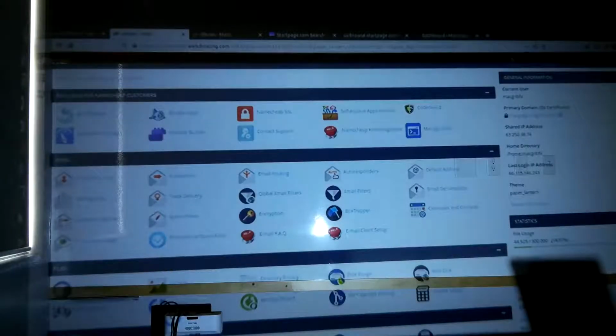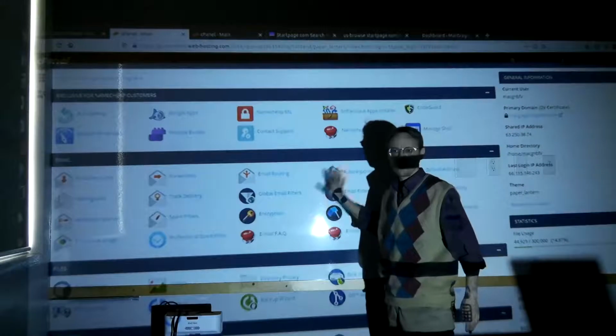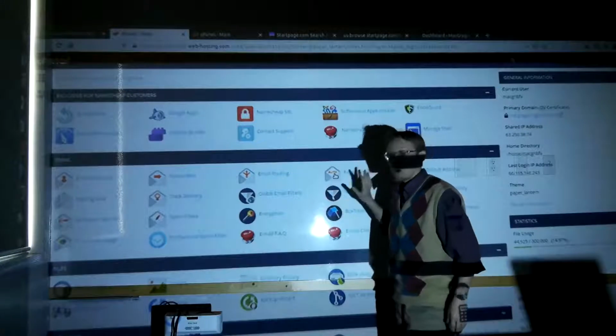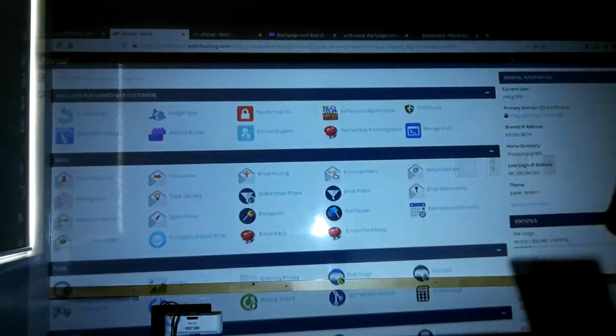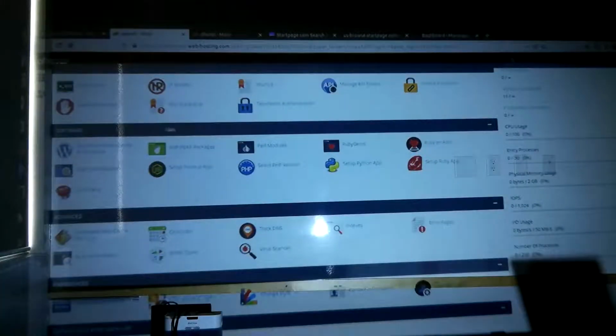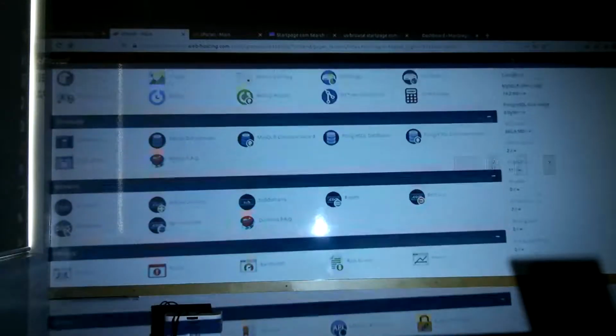Now this is what we were looking at before, and you can probably see it a bit better. This daunts a lot of people out of their own web hosting and management. There are lots and lots of things here that are very, very complex, and honestly, you don't need to worry about them. As you see, there are options and options that cPanel lets you configure. You can write in programming languages like Python and Ruby on Rails, which is a cool language. You can do all sorts of stuff. You can deal with your cache. You can track people by their DNS, and you can leave yours untracked or tracked. But for you,